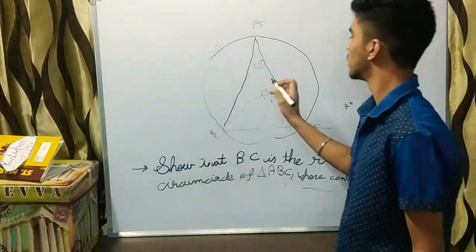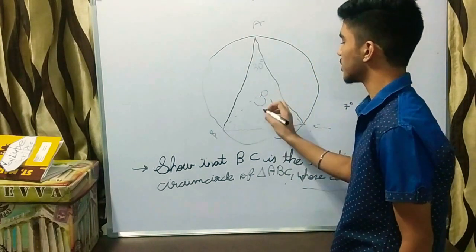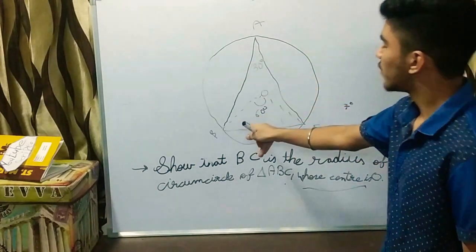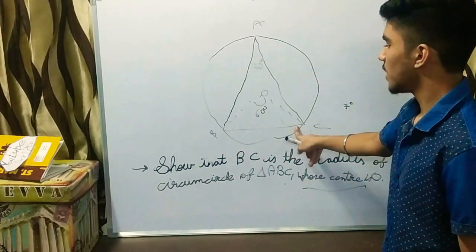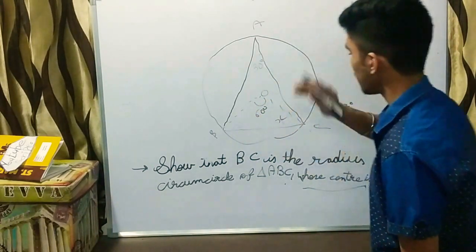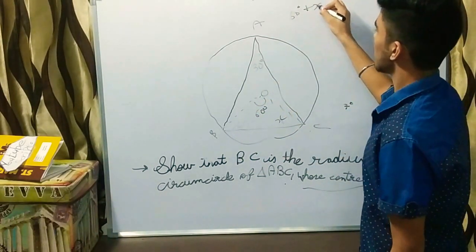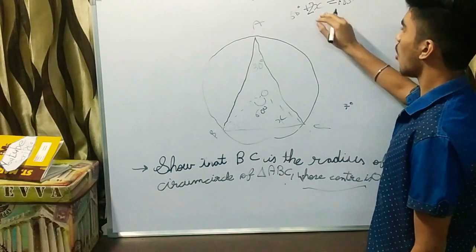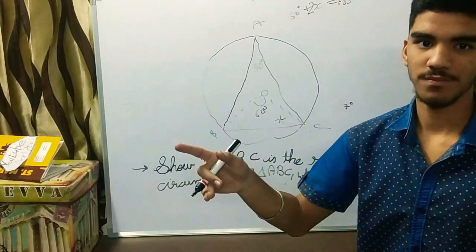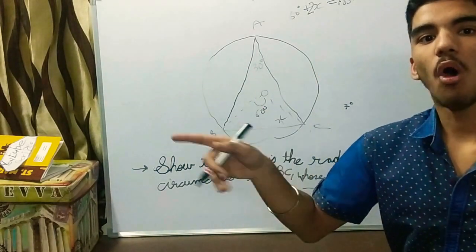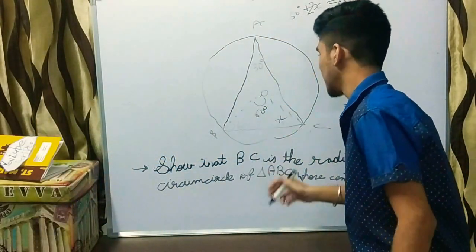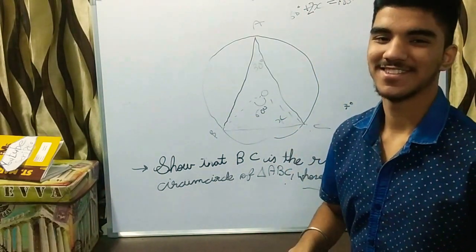Now we know that this angle is equal to 60 degrees. Why? Because it is double of that angle. And if this angle is 60 degrees, these two angles are equal. Can we say this is x and this is x? So 60 degrees plus 2x is equal to 180 degrees. Why? Angle sum property, and from this we get x as 60 degrees. And if all angles are equal to 60 degrees, all sides are equal, and it is an equilateral triangle, and we can say that BC is equal to the radius. Very easy.